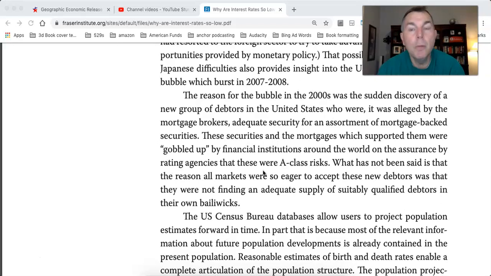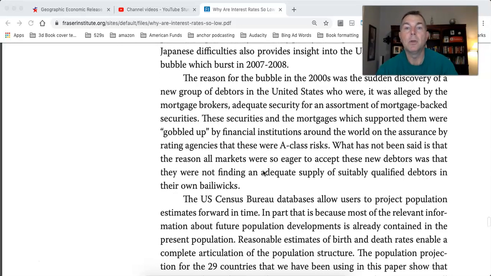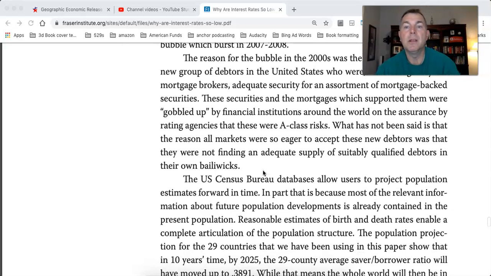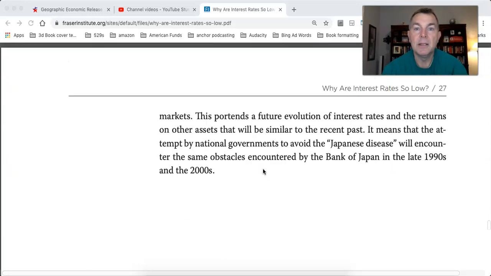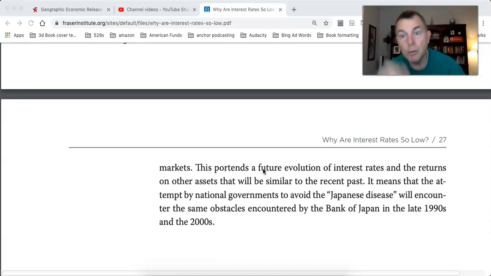The reason for the new bubble in the 2000s in the U.S. was the discovery of a new group of debtors, the ninjas, no income, no jobs or assets, who were, it was alleged by the mortgage brokerage, adequate security for an assortment of mortgage-backed securities. These securities, and the mortgages which supported them, were gobbled up by financial institutions around the world on the assurance that they were A-class risks. I'm not going to get into that, but anyway, I think this portends a future evolution of interest rates